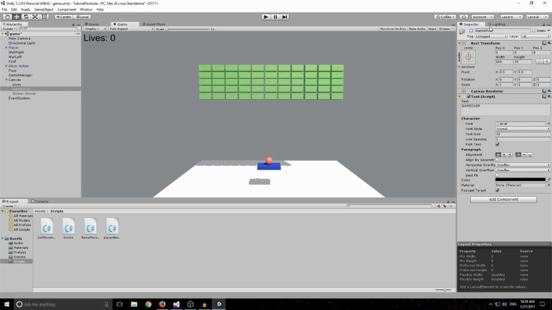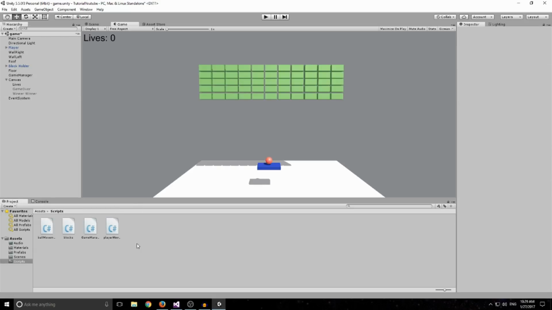So now we have our game over. Make sure you turn them off like that. This button here actually turns off the game object. It just deactivates it. So we'll be turning both of them off and we'll be activating them through script. 42. Did I make this one 42? No, I left this one as 32. They look like they're differently sized. That's weird. Oh well, it doesn't matter. Turn it off anyway. And we'll be going into our game manager